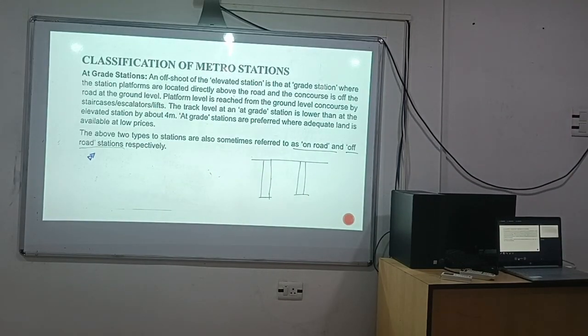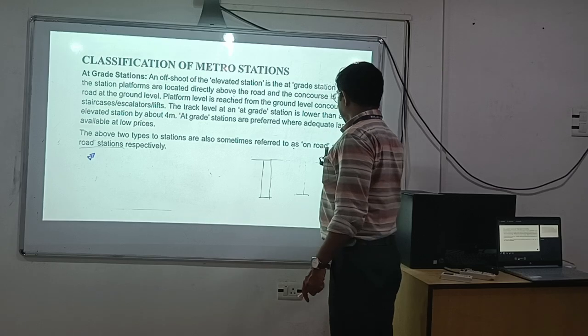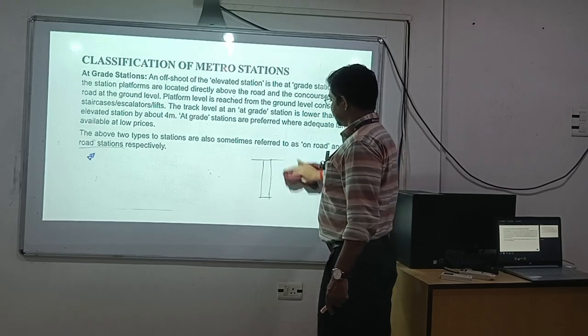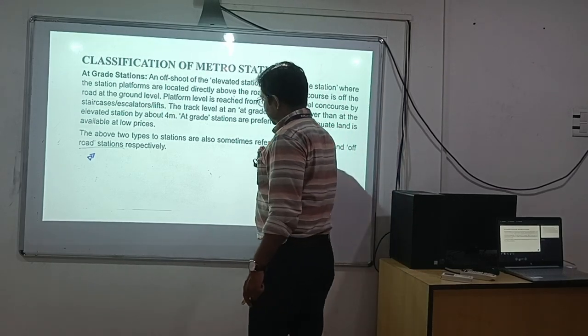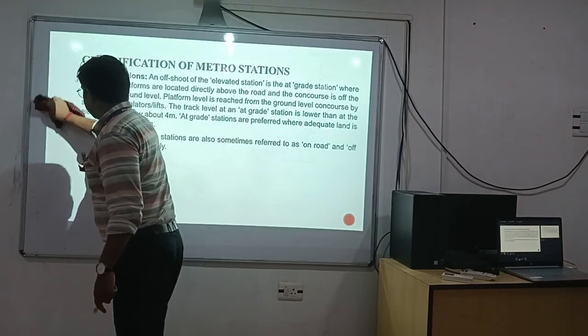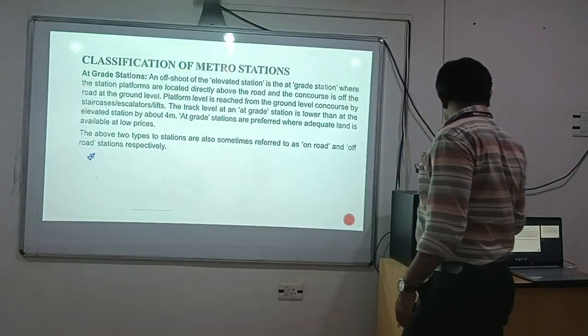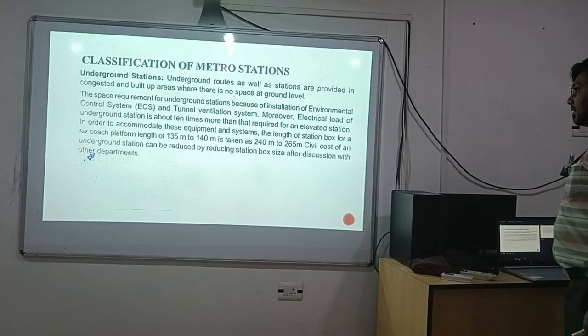So there are two other technical terms, on-road station and off-road station. These are two classes of stations which are above the ground surface, and the third one is the